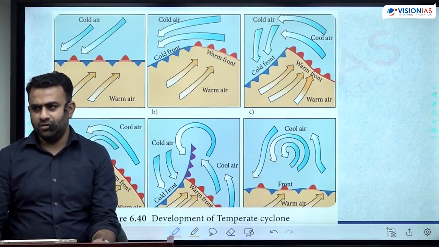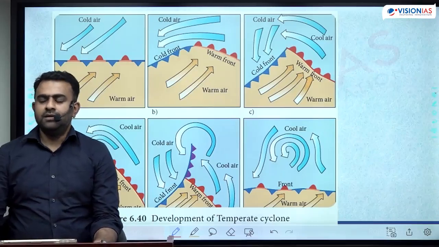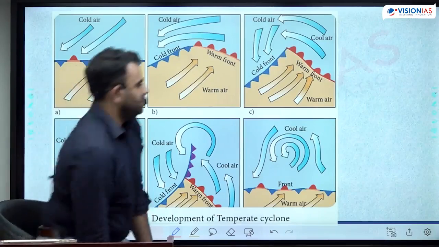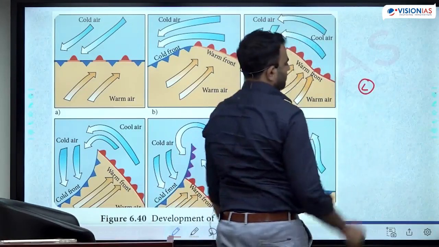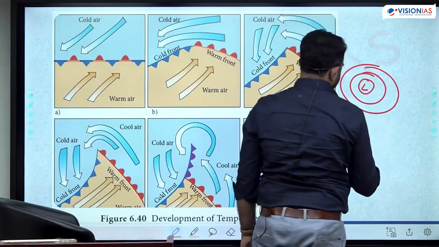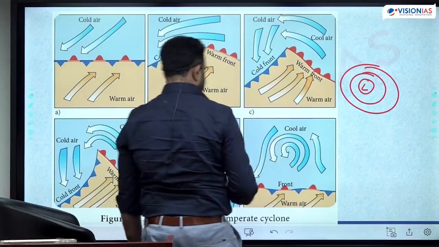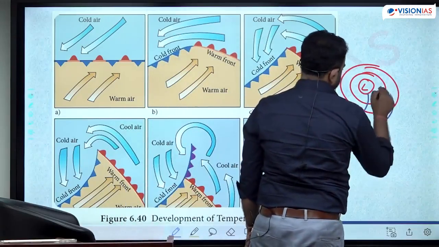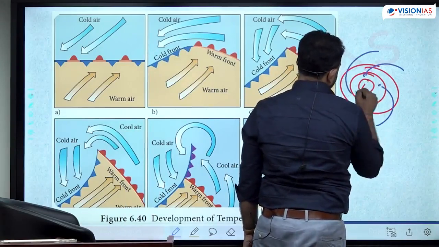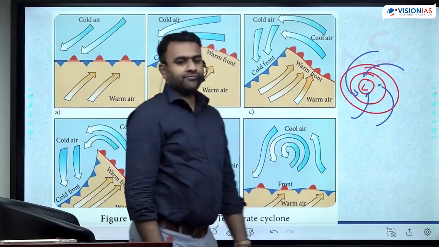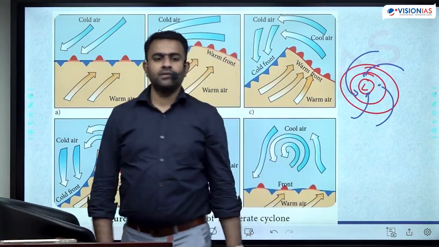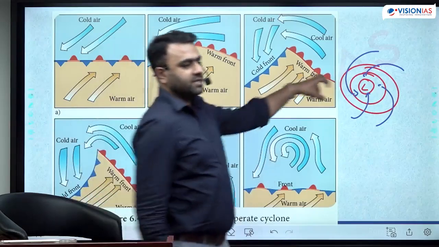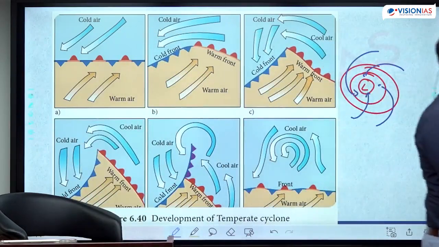But what is a cyclone? Circulation of air around the low pressure. A cyclone refers to a region of low pressure where the surrounding air is trying to move towards the center, and during that process it gets deflected and starts to circulate around the low pressure. This is what is isobar. Red line is isobar, the blue line is how the winds are moving. There is a low pressure at the center, and around that the winds are trying to circulate.